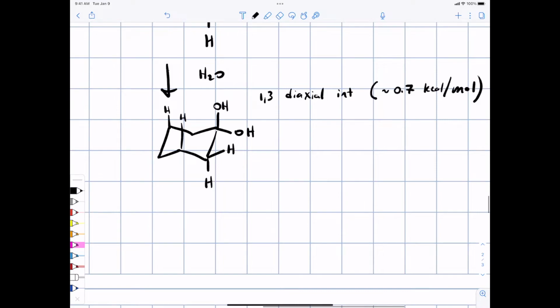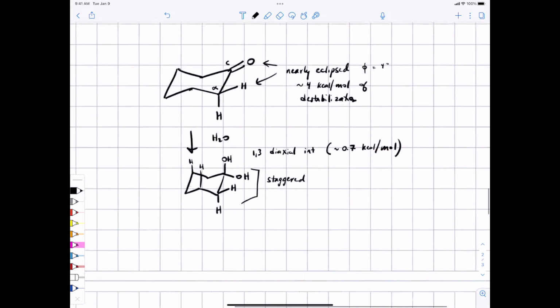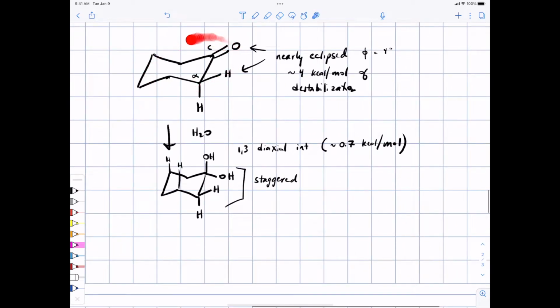However, now, if we were to do the Newman projection, now these groups are staggered. So by doing the addition to cyclohexanone, we relieve 4 kilocalories per mole of eclipsed destabilization, and we only introduce